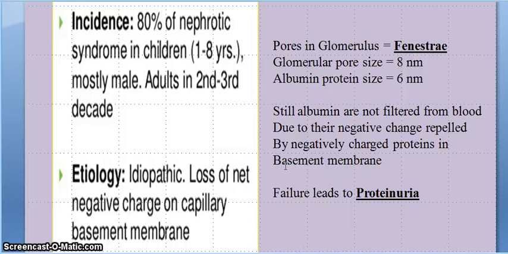Glomerular hydrostatic pressure favors the filtration, while Bowman capsule colloid osmotic pressure also favors the filtration. Bowman capsule hydrostatic pressure, which is 18 mmHg, opposes the filtration. Glomerular capillary colloid osmotic pressure, which is 32 mmHg, decreases the filtration.